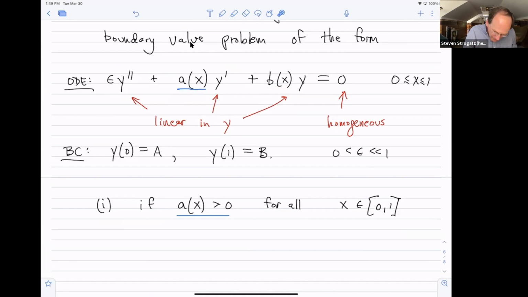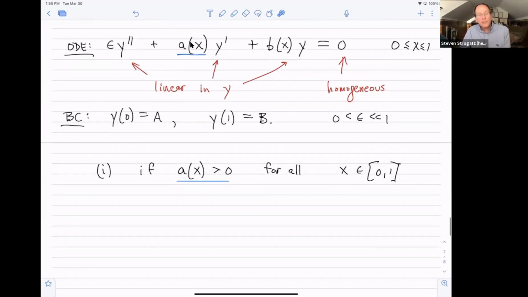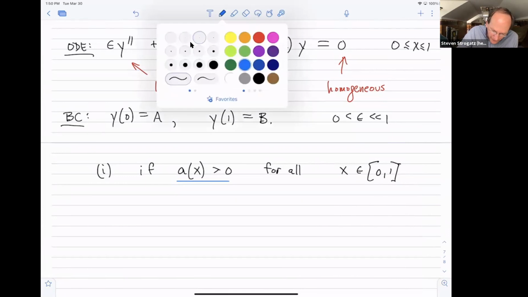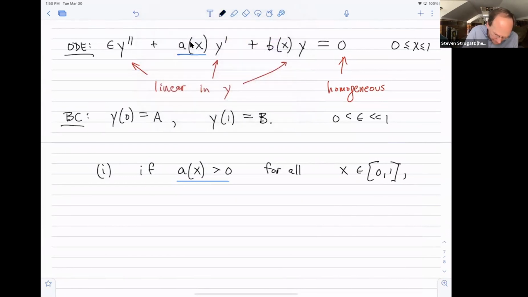Anyway, if the damping is everywhere positive, so it acts like an ordinary dash pot to that extent, then the system will have an initial transient. That is, its boundary layer will be at time near 0. So in translating back to x language, the boundary layer will be at x equals 0.